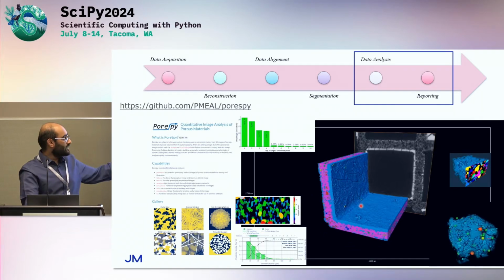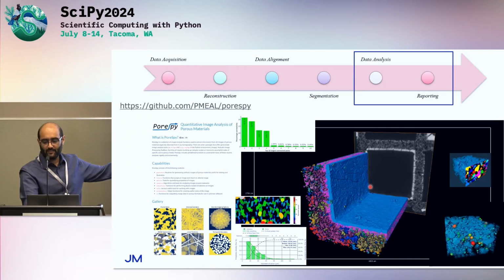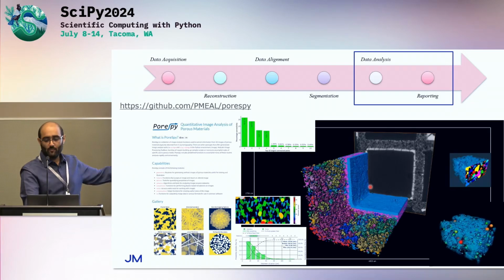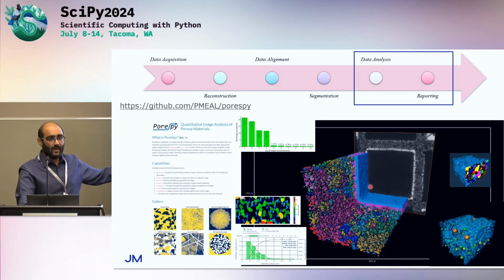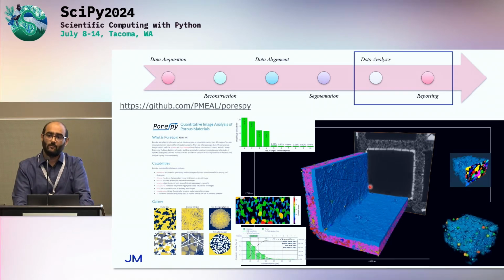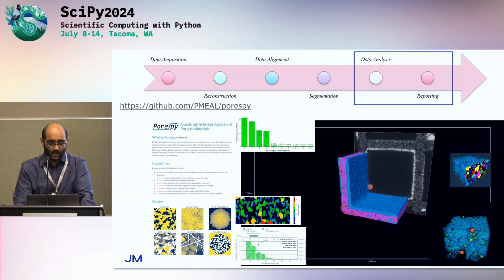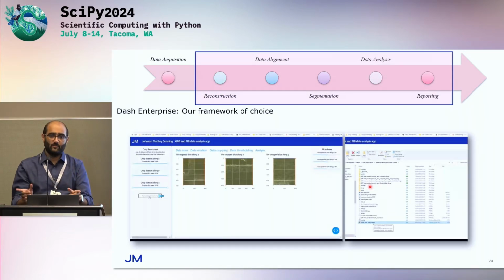So the things we're interested in are pore sizes. How can we design our pore connectivity to be better? How can we design our pore networks to be better? And then the material coverage and uniformity of our samples. Here I'd like to highlight PoreSpy as one of these very good libraries in our workflows for doing this. So that's a lot of tech that I've shown very quickly while I also crashed, so trying to catch up on time,